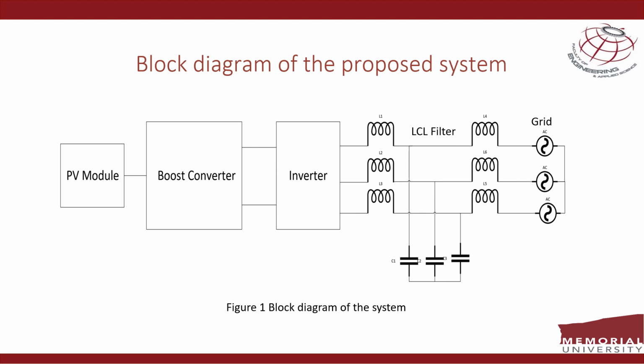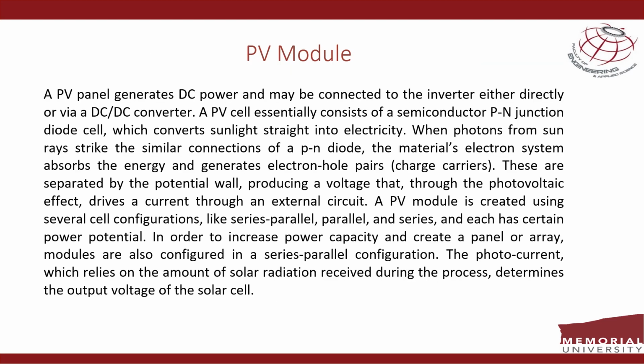In this slide, the figure shows the block diagram of the proposed system. The system includes a PV module, a boost converter, an inverter with LCL filter, and the grid. The first component of the proposed system is PV module. It generates DC power from solar radiations and it can either be connected to the grid directly or by DC-DC